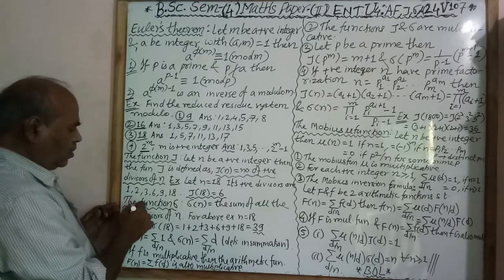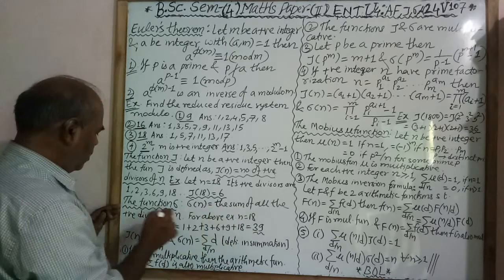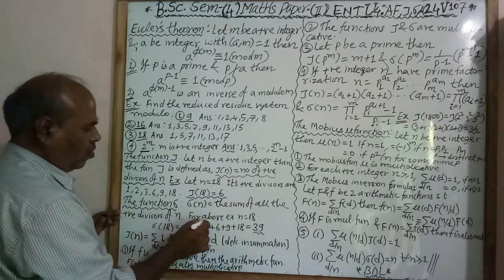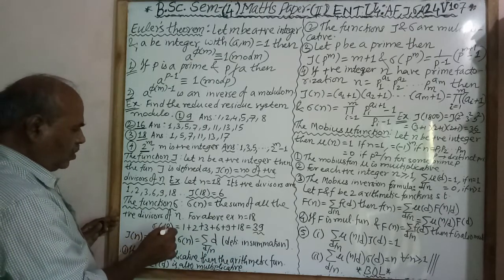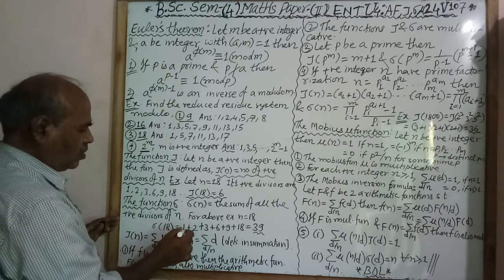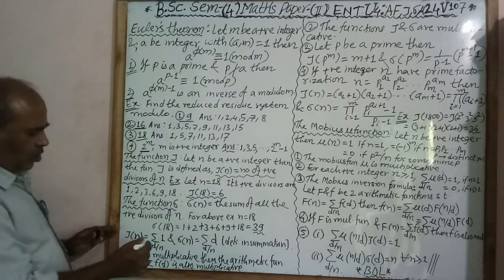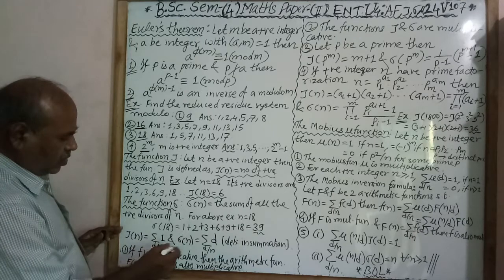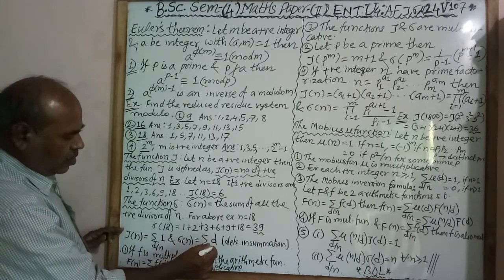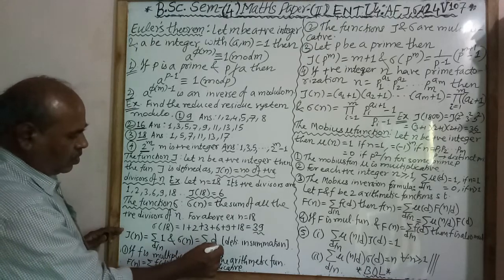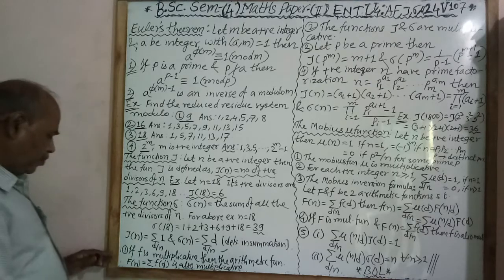Then we see the next definition, the function sigma. It is defined by the sum of all positive divisors of n. For our example, for n equal to 18, we get sigma of 18 equal to the sum of all positive divisors, that is 39. Now tau of n is defined as the summation over d dividing n of 1, and sigma of n is defined as the summation over d dividing n of d. These are the definitions of the sigma and tau functions in terms of summation.